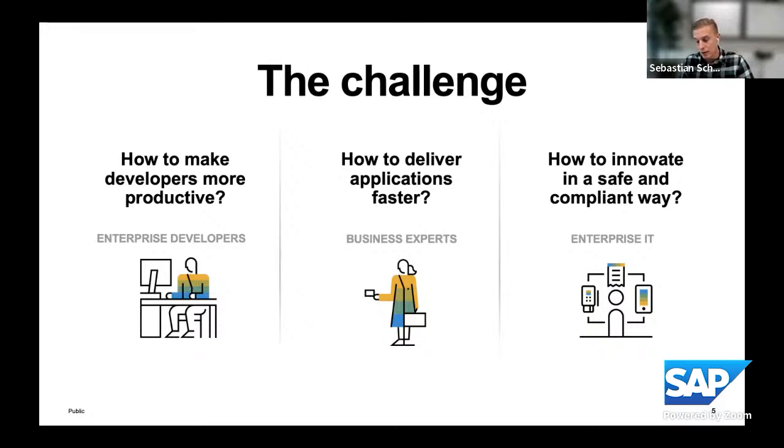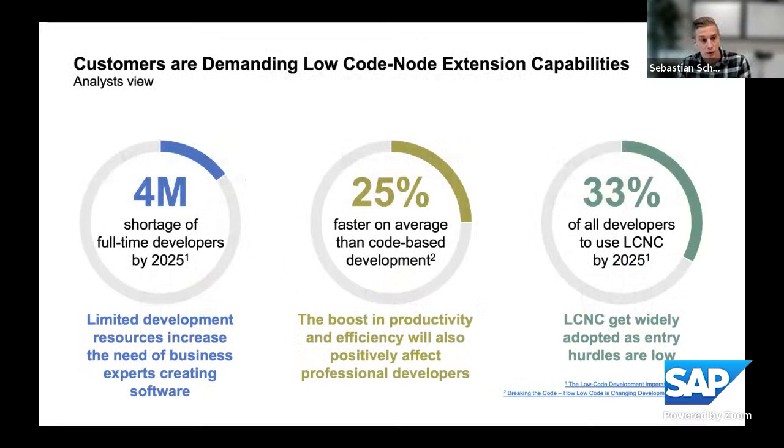Now, when we move to the next slide, low-code, no-code offers us a solution in several ways, and some statistics on what impact low-code, no-code actually has. We know there is a limited amount of professional developers. In 2021, there were around 1 to 2 million job openings for professional developers that could not be fulfilled. We expect this number to grow to 4 million in 2025. So there are not enough professional developers out there.